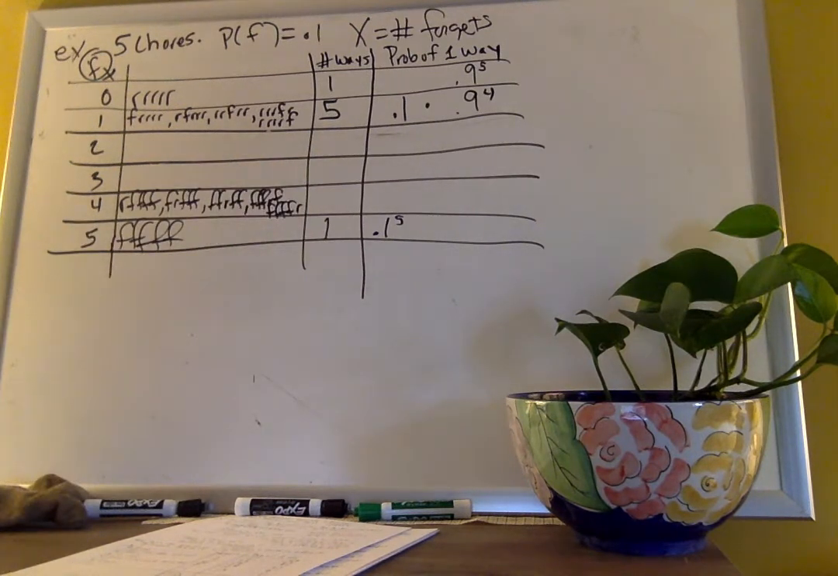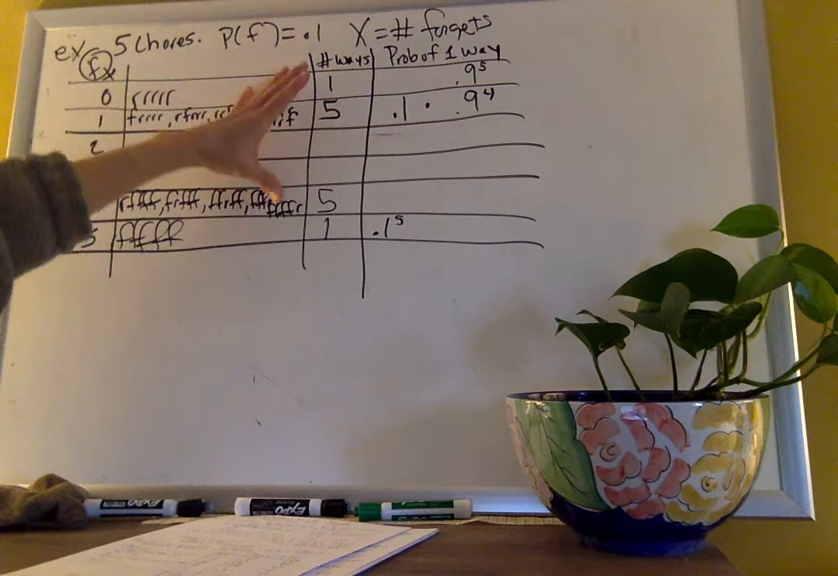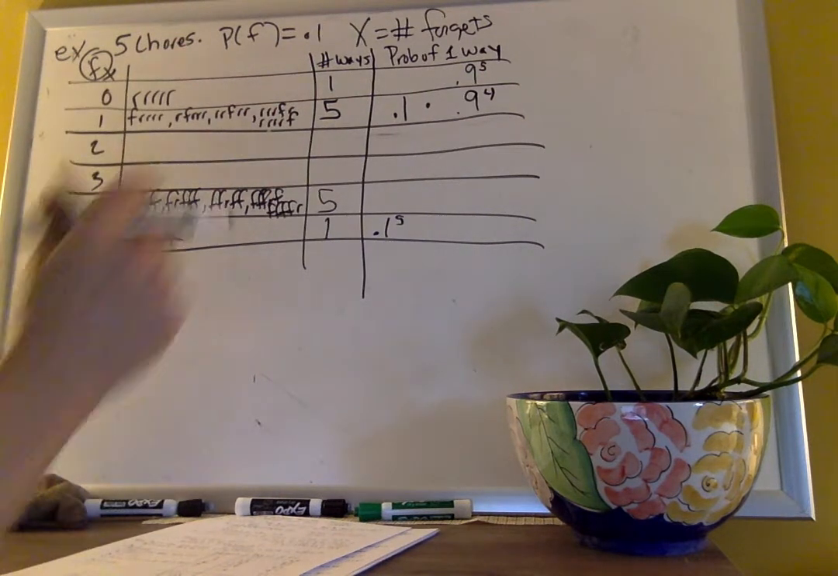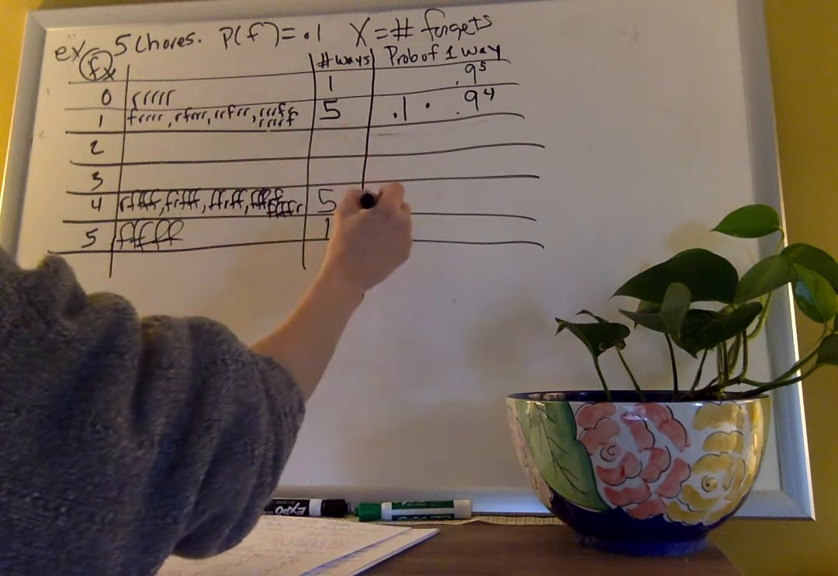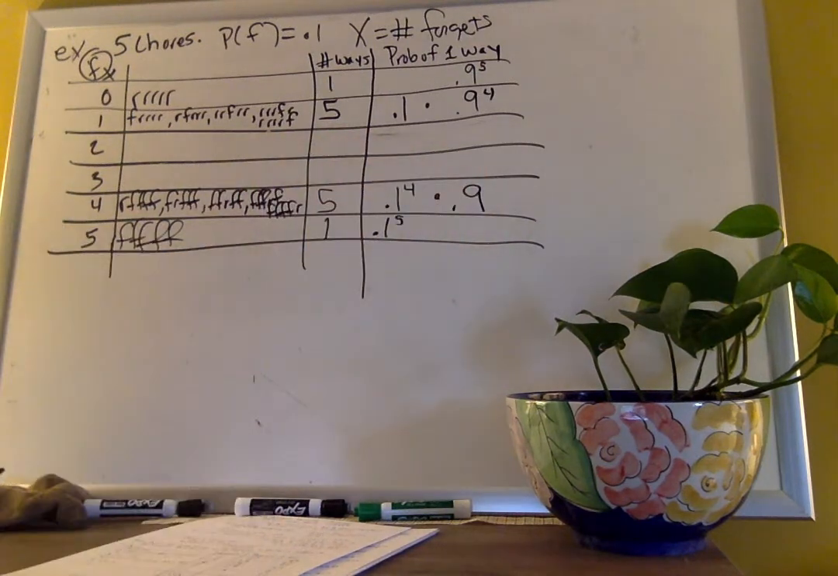See, each one of those has 4 Fs and 1 R. There are 5 of them. That is not coincidence. This thing will be symmetric, working its way to the middle. 4 Fs. Each one of these has 4 Fs and 1 R. Now,